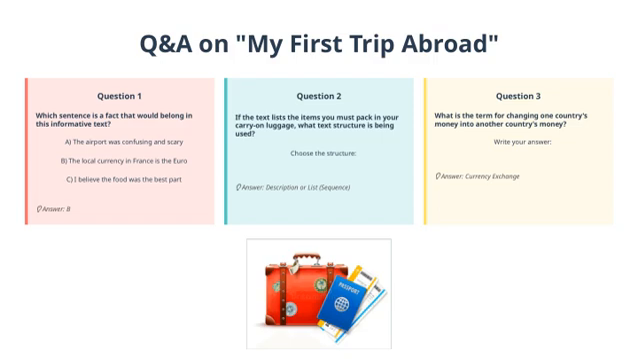First, we looked at a question asking which sentence is a fact that would belong in an informative text. The options were about the airport being confusing, the local currency in France, and the food being the best part. The correct answer is B, which states that the local currency in France is the euro. This highlights an important fact. Knowing the local currency is essential for travel, and it's a good example of factual information that belongs in an